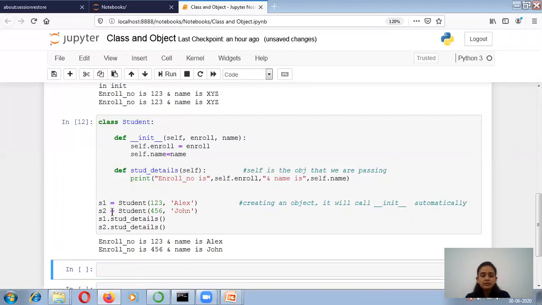I am getting different values for the two different objects. S1 has a different enrollment number and name, and S2 has a different enrollment number and name. So this is what the class and object are, and the init method. The init method itself says that you have to initialize the values. So this is all about the class and the object.